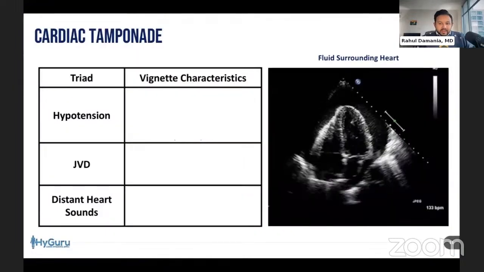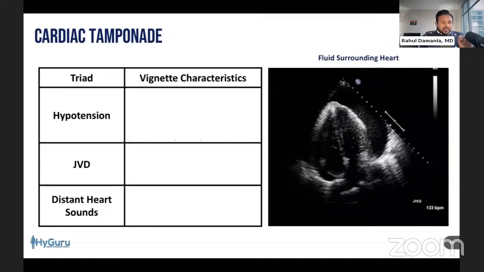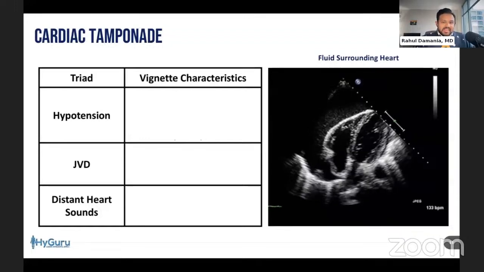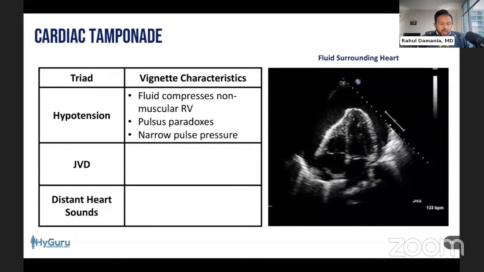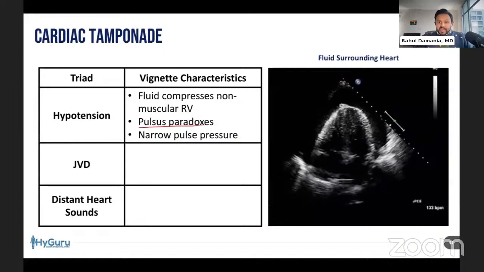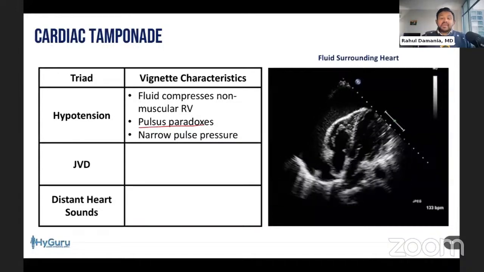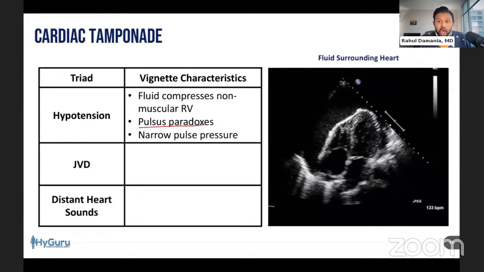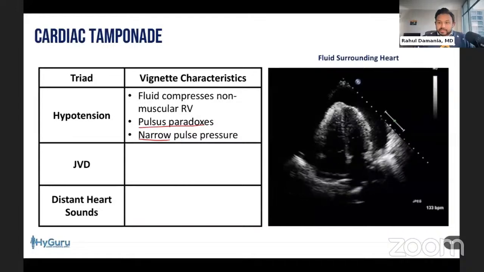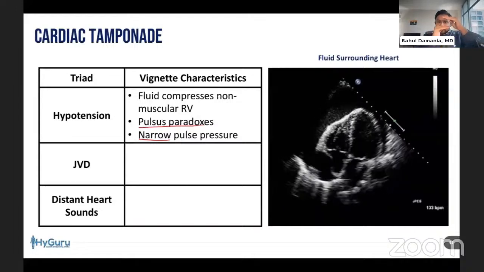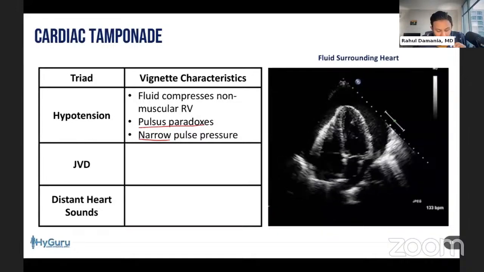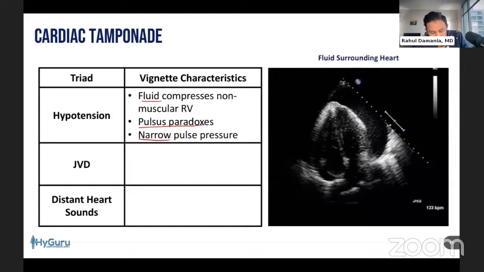So let's go ahead and go through the clinical triad known as Beck's triad for cardiac tamponade. First is hypotension. In the vignette, what you want to recognize is that patients may have pulsus paradoxus, which is going to be an abrupt decrease in your systolic blood pressure on inspiration by 10 millimeters of mercury. They may have a narrow pulse pressure, which means the systolic and diastolic numbers in the vignette vital signs are going to be narrow. And what you want to know is that the hypotension is due to the fluid compressing